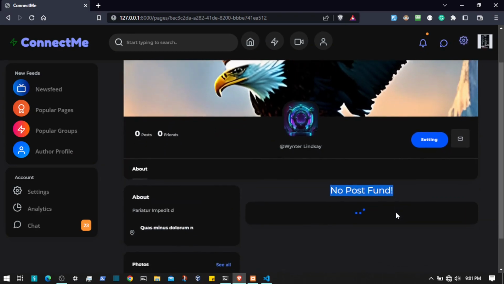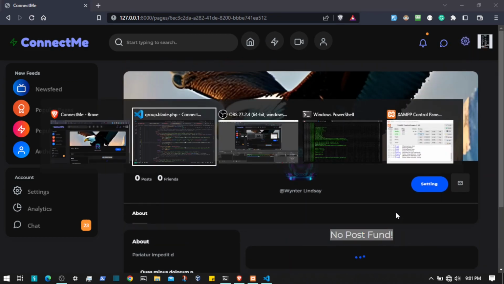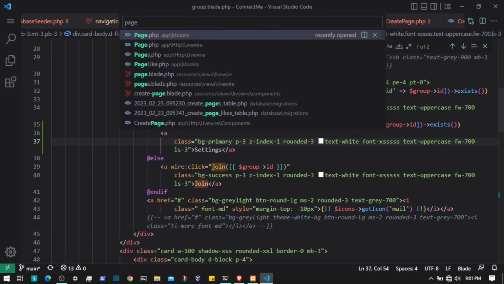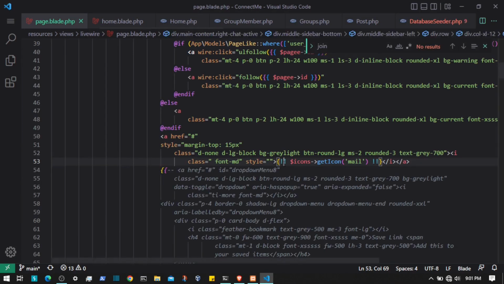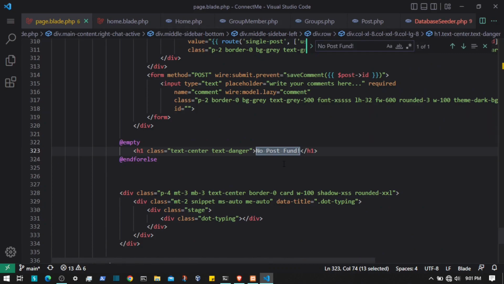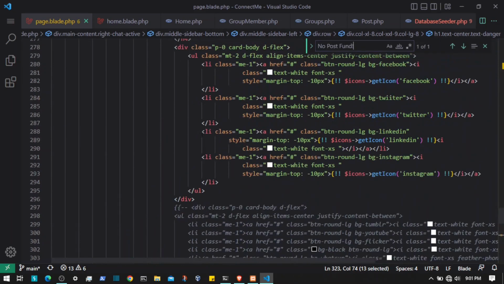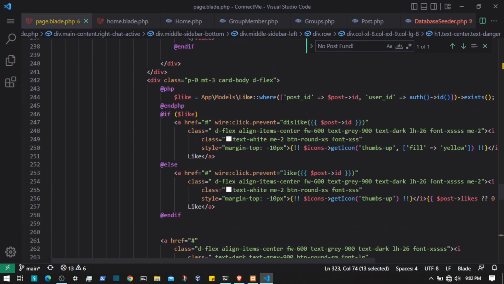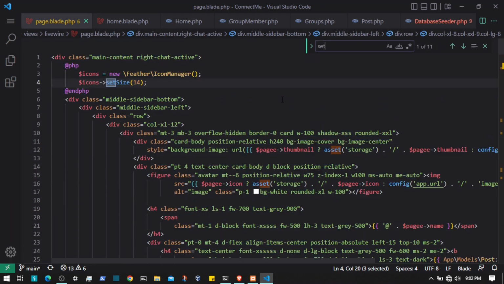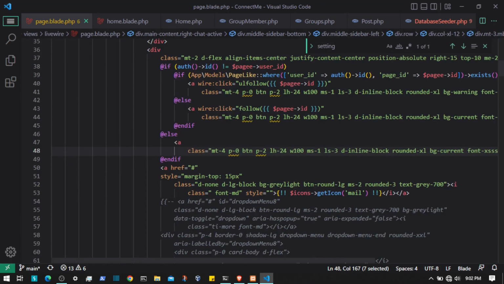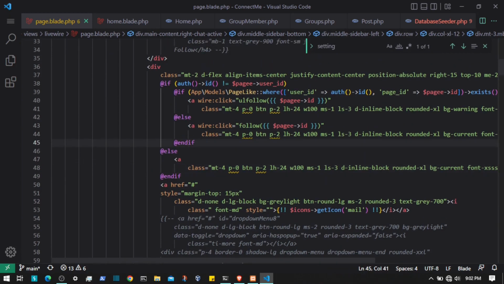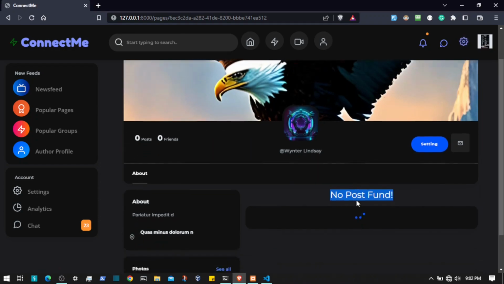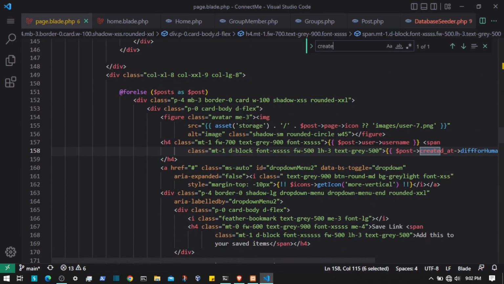But how do we create a post? It does not show any option for that. So I'm gonna go to the page livewire blade file. I'm gonna search for the no post found, and yeah, we do not have any post, but we have to check if I'm the owner. So the settings thing does work, right? In this case, as you can see, if the auth ID is the page, not the page ID, then display these things, but it does not do the same for the create-post component,